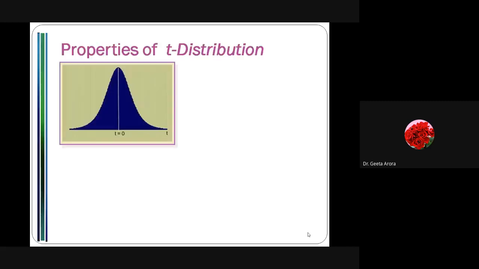Correct? So let's study the properties of the t distribution, and you can compare it with the z distribution because it is almost the same as the Z distribution or the normal distribution. One thing that we can say: for the standard normal distribution, if you remember, we have written that we are getting a bell-shaped curve. And here we are saying that we are getting a mound-shaped curve. It is almost the same thing, but the language is changed.